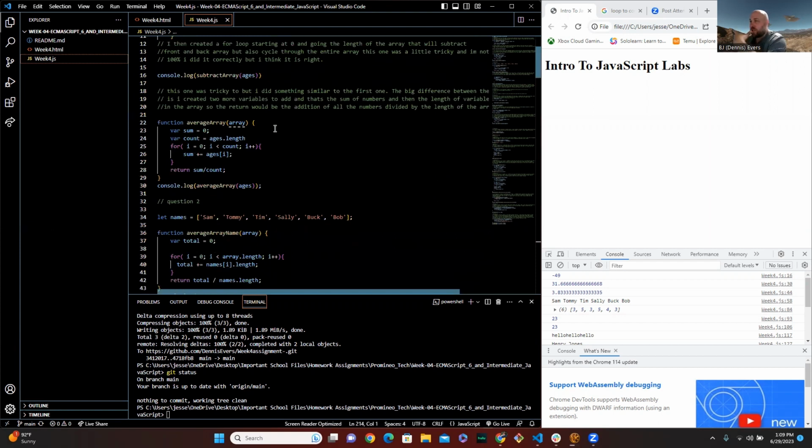The next function I did was the average array, which I created with a loop and two new variables inside the function, which are sum and count. Sum would just stay at 0, count would be the length of the array. And then I would use plus-equals to cycle through the entire length of the array and add up the array for sum, and then the return would just be sum divided by the count